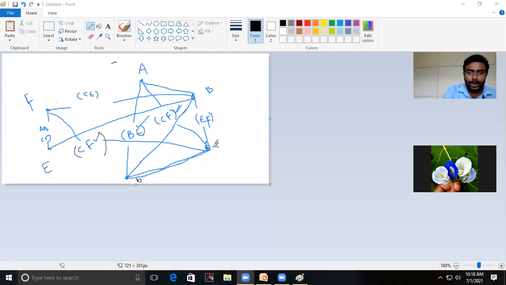When I'm checking whether B and C are compatible or not, I found they have different next states, EF. So I went to check whether EF is compatible or not. When I came to E and F, I again have a condition: if E and F want to be compatible, their next states AB and CD should be compatible. Check here, students, whether AB is compatible or not.